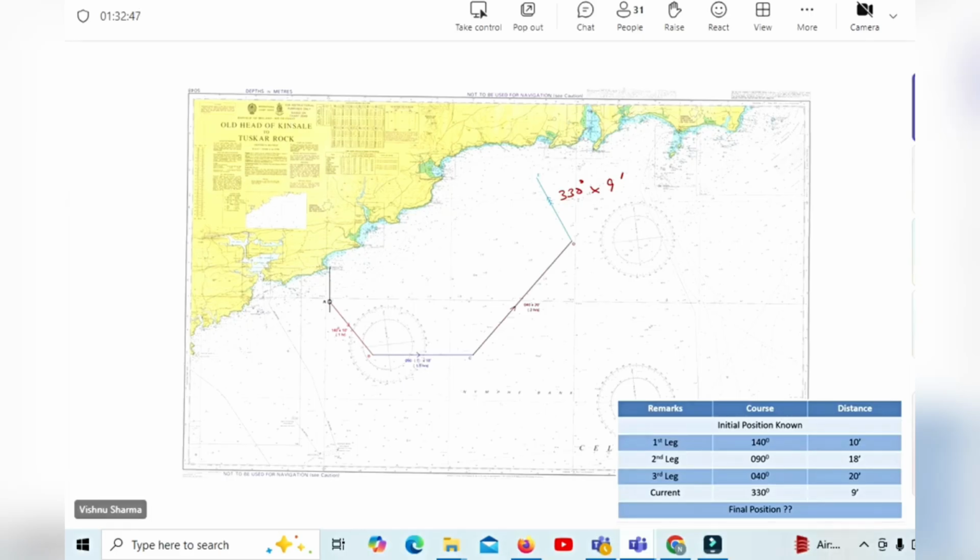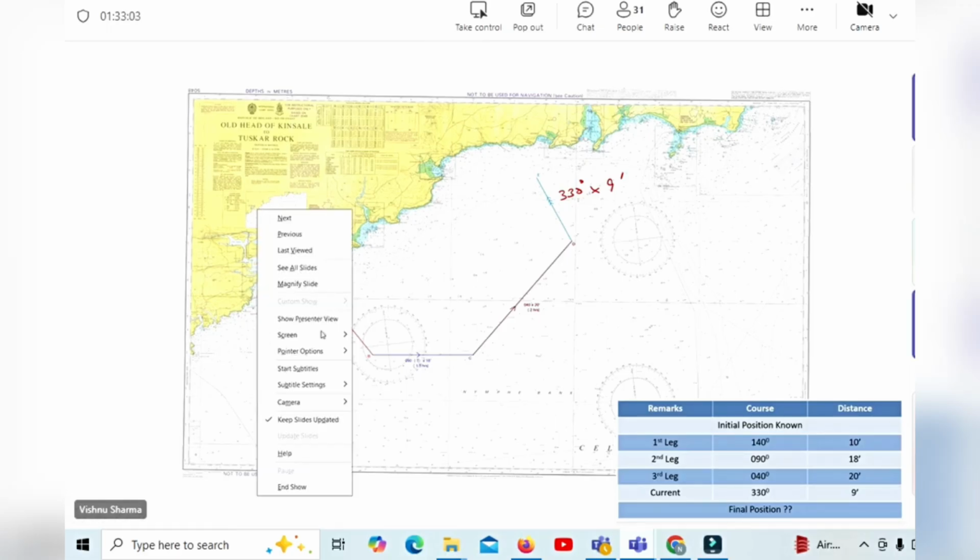Now, guys, in one statement I said this track is not showing the ship's actual track. Why? Because you have applied the current at the end in one go. Current was being experienced at each stretch. The vessel was experiencing current. So if I want to draw the ship's actual track, guys,